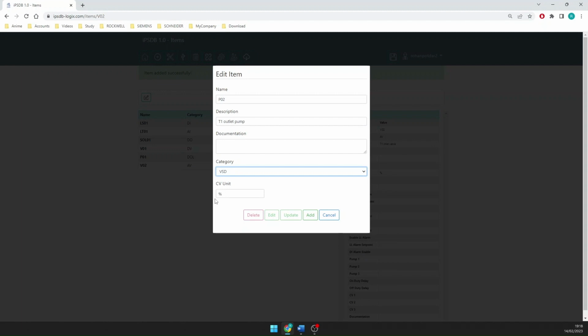Here it is asking the unit for speed of the VSD. So when it is shown on the HMI, it is going to show 10% speed, 20% speed, etc. So I'm going to leave it at percent. It is only used for documentation purpose. Click add,